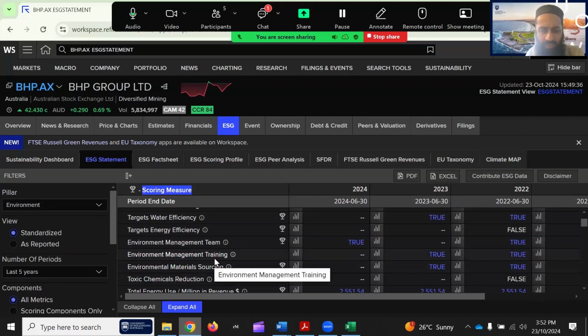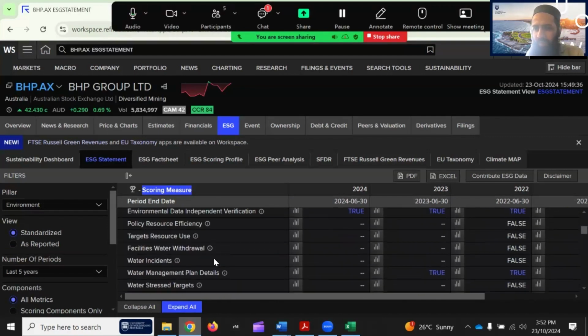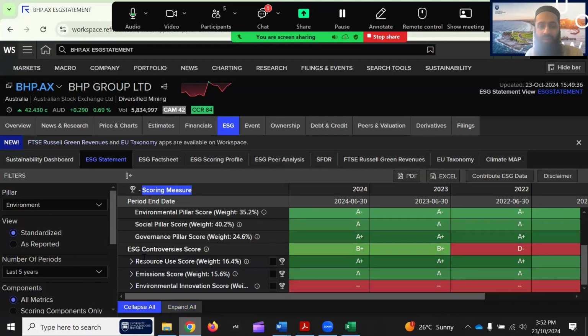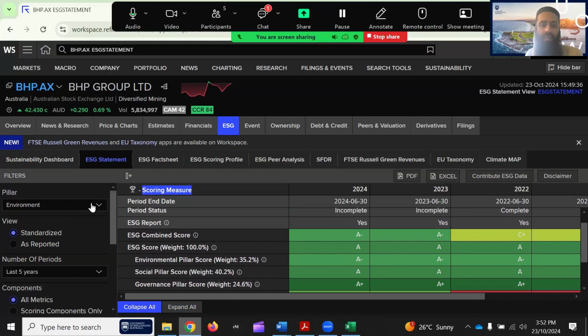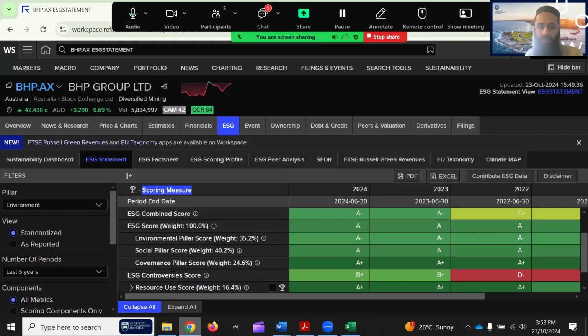Another thing I do, let's say in the statement view, I keep scrolling down. There is too much, so you may be lost at first sight. So normally what I do is, you see here, the expand all and collapse all option at the bottom. So I say collapse all. Now under the environmental pillar, we have 3 subcategories. Their ratings are appearing. And on top of it, this one remains stable. If you change any of these, this one is fixed because it has the ESG combined score, ESG score, ESG controversy score, E pillar, S pillar, governance pillar.